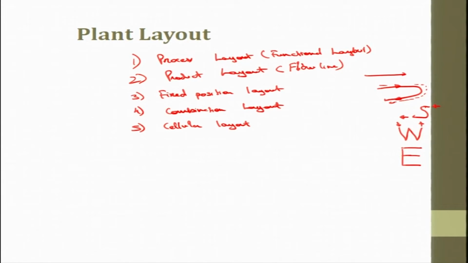Okay, for instance, this is one product line and a product is being manufactured here. So I have machines here. At some points I have machines here. I will pick another color for machines. So these are the machines or the processes which are happening. Green color is my machines.